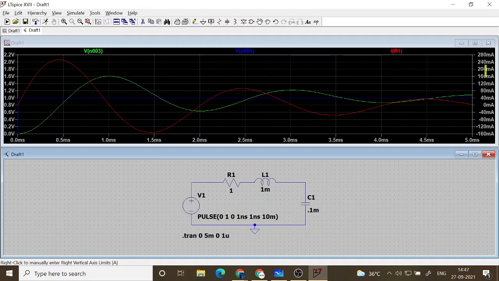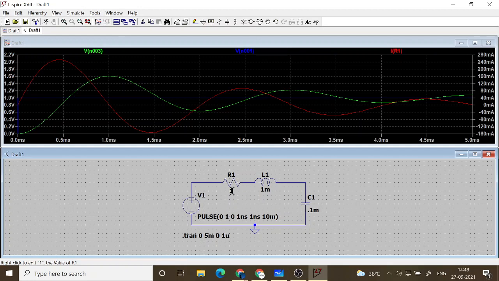So right side is for current, it is oscillating with respect to 0, and the left side is voltage. So the first two colors, that is green and blue, are voltage, so you have to look at the value on the left, whereas red is current, and you have to look at the right hand side for the value of current. Now R is a very deciding parameter which determines the nature of the curve.